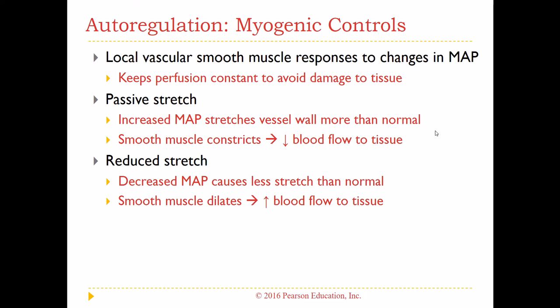When smooth muscle is stretched, its response is to contract. And so that's what happens. When mean arterial pressure goes up, the muscle in the walls of those local blood vessels get stretched more than normal. Smooth muscle's response is to contract and constrict, and then that decreases the blood flow to